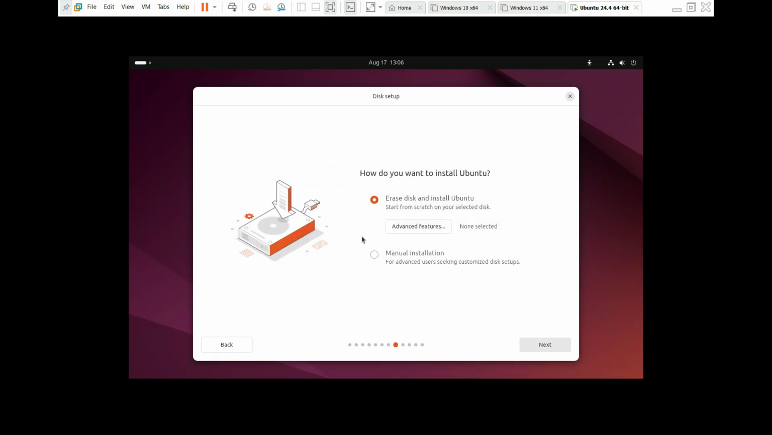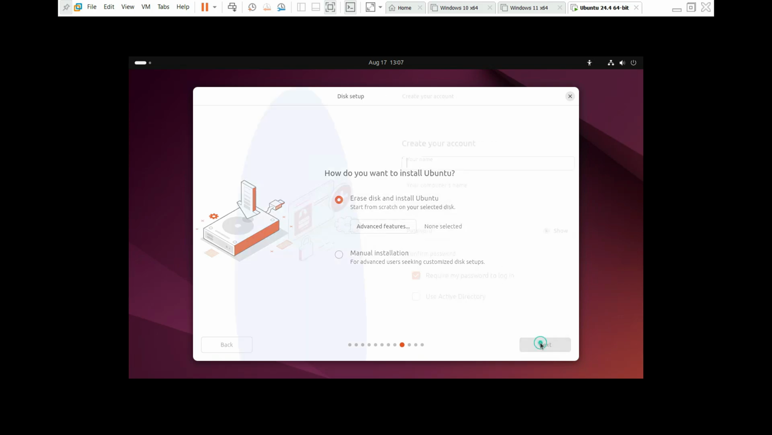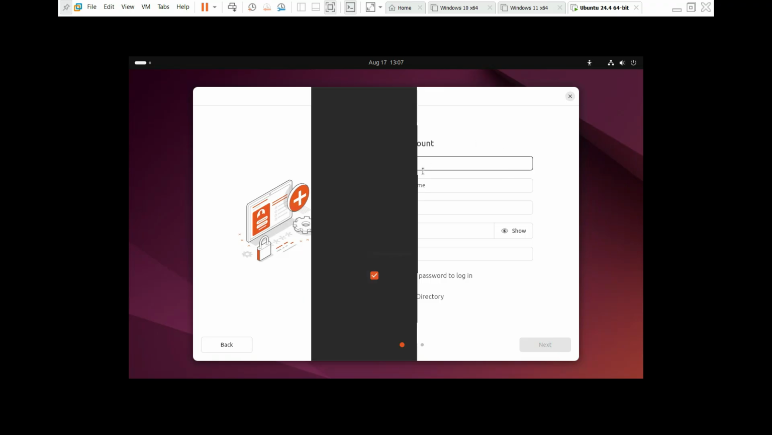Here, how do you want to install Ubuntu? Erase disk and install Ubuntu. If you select erase disk, it will erase the 25 GB space that I have already given it. If you go with manual selection, you can partition manually, but I'll go with erase disk and install Ubuntu. Next, it asks me for my